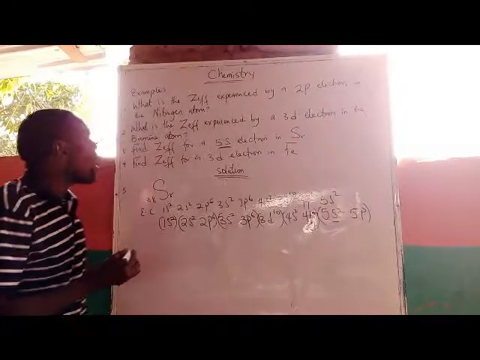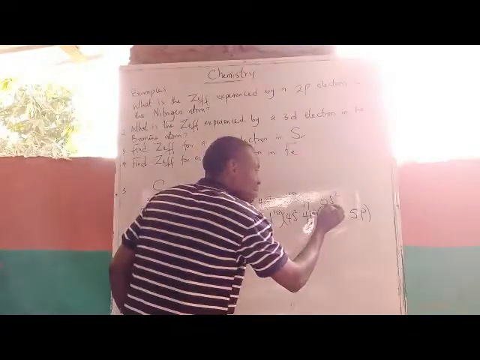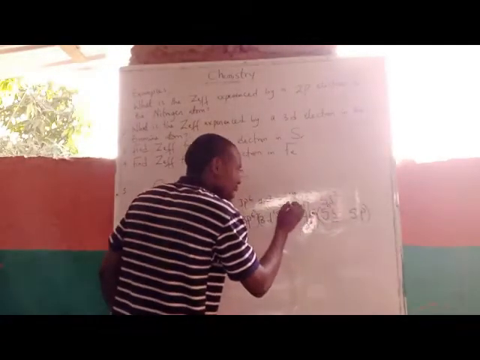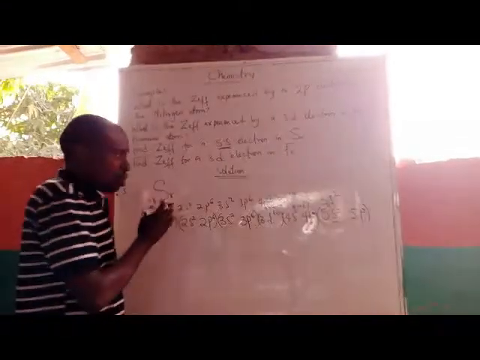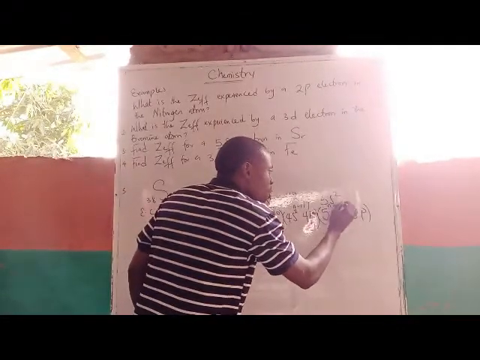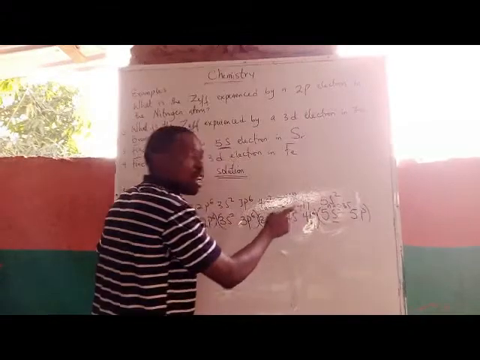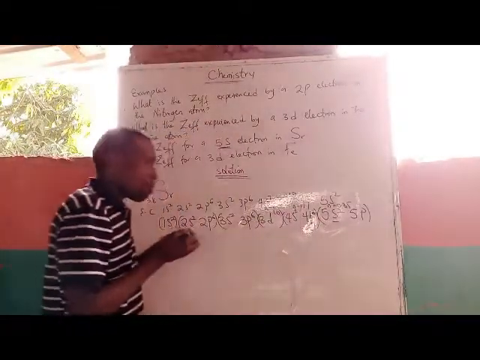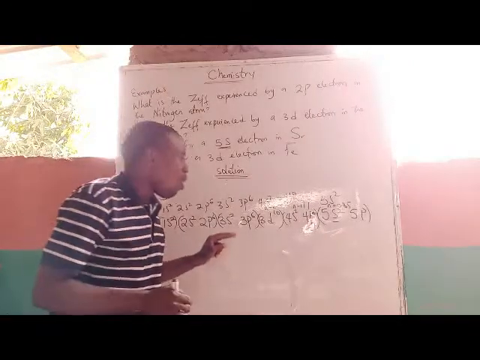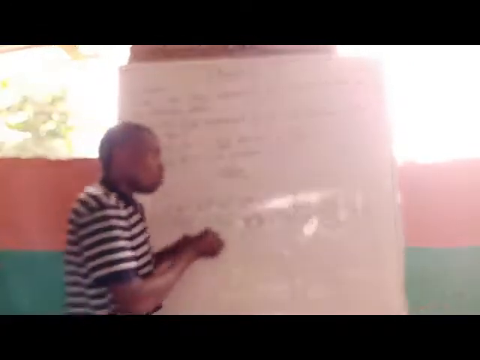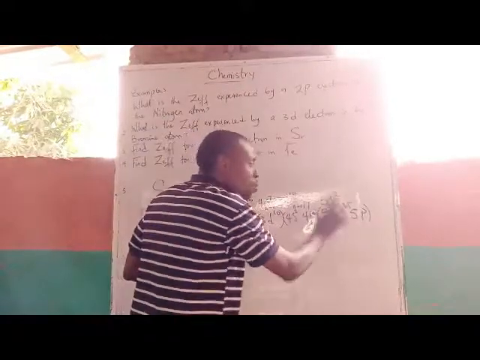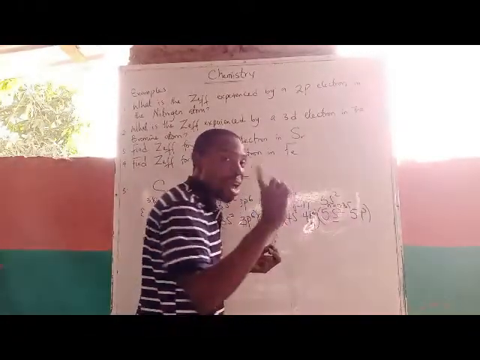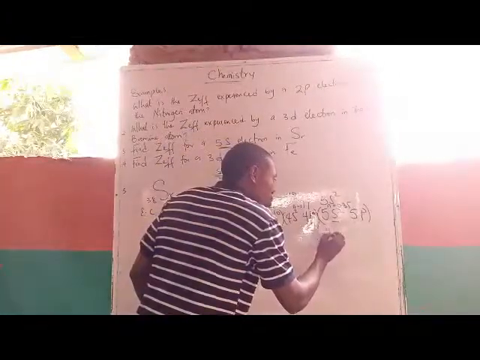Now, since we were told to find the effective nuclear charge for a 5s electron, here is my interest, here is my n, here is my n minus 1, here is my n minus 2 downward. So here we shift a constant of 0.35, here a constant of 0.85, while downward we shift a constant of 1.0. Remember that if I'm looking for a 5s electron, I'm to remove 1 from this 2, so I'll have 1 left, which is being shaded. So here becomes 1 multiplied by 0.35,